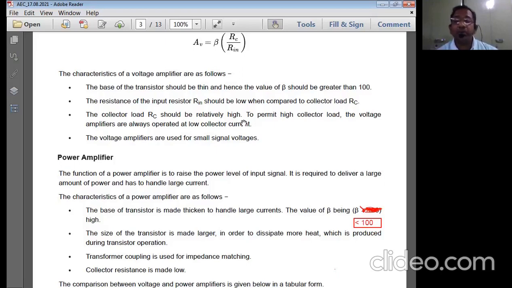If it is power amplification, the output of the power amplifier will be connected to the loudspeaker. The input resistance of the loudspeaker is always low. If the output resistance of the power amplifier is going to be high and the input resistance is going to be low, what happens? There is an impedance mismatch. Therefore, you cannot really transmit all the power into the loudspeaker. Therefore, impedance matching has to be established.